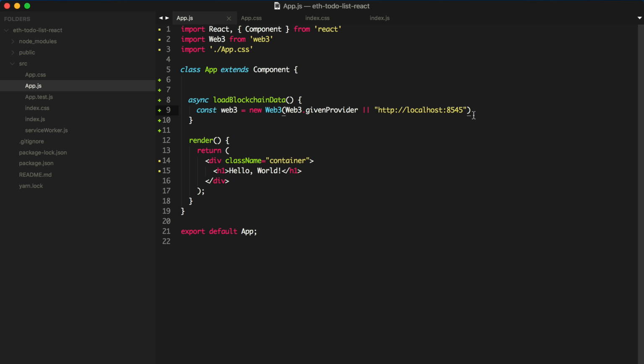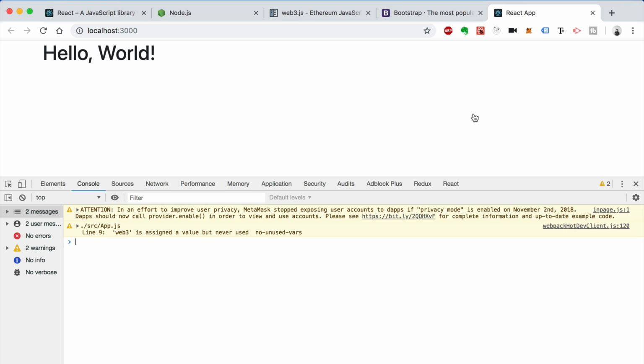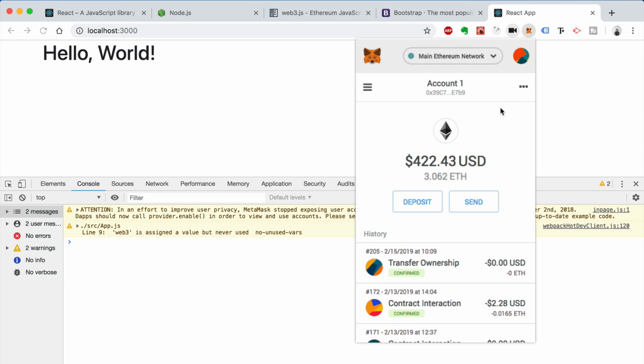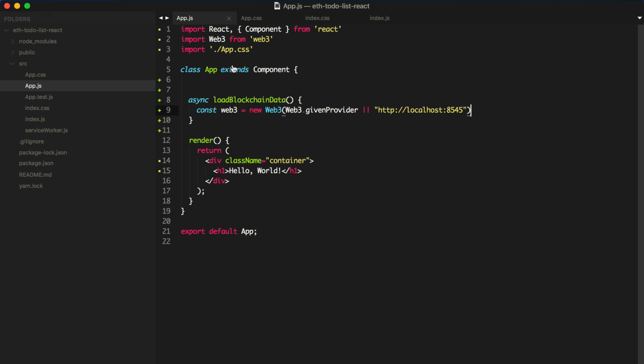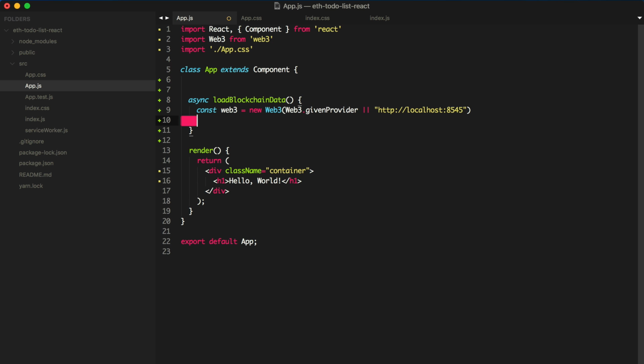Okay. So I also should mention, you need MetaMask installed in order to follow along this tutorial. I've got several other videos where I show you how to use MetaMask, but just make sure that MetaMask is running, that you have it installed in Chrome, and that you're connected to a blockchain network. So this would be the provider from MetaMask, and I'm going to say const network